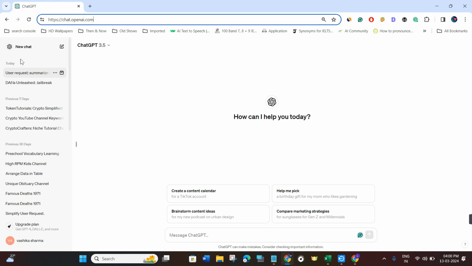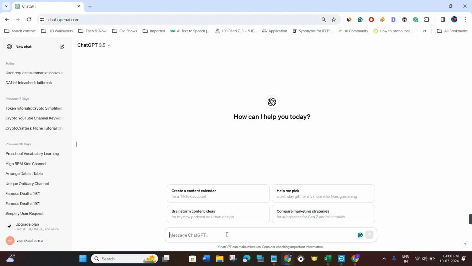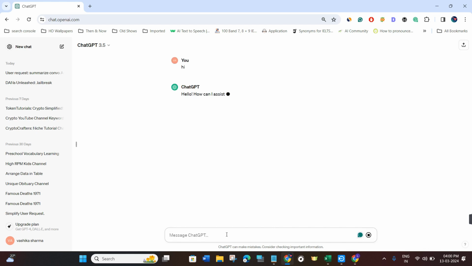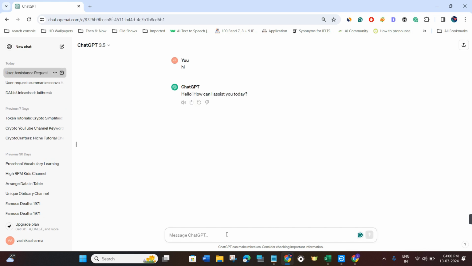Now once you are on the home page and once you click on the new chat, if you start typing anything in this message, let's say I type hi, and if you press enter, then your written prompt will automatically be taken by ChatGPT. But let's say in this message box you want to go to the next line, then